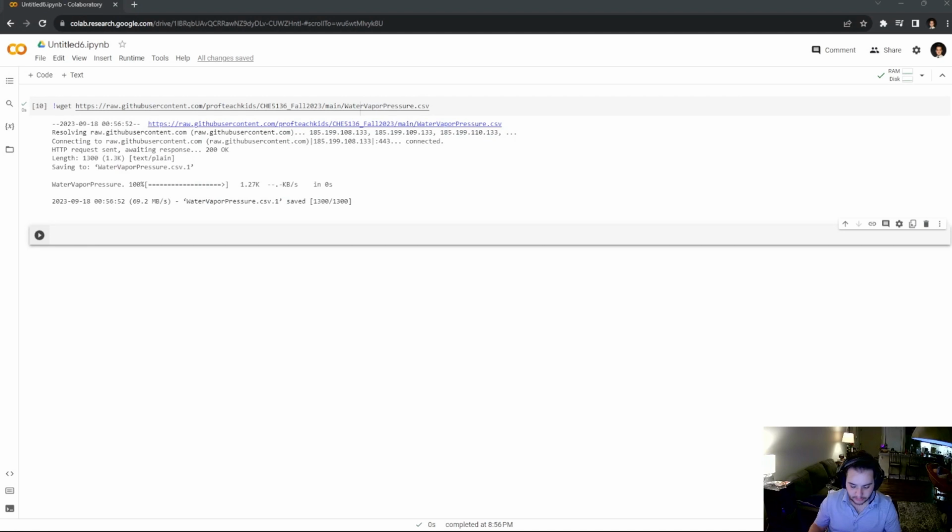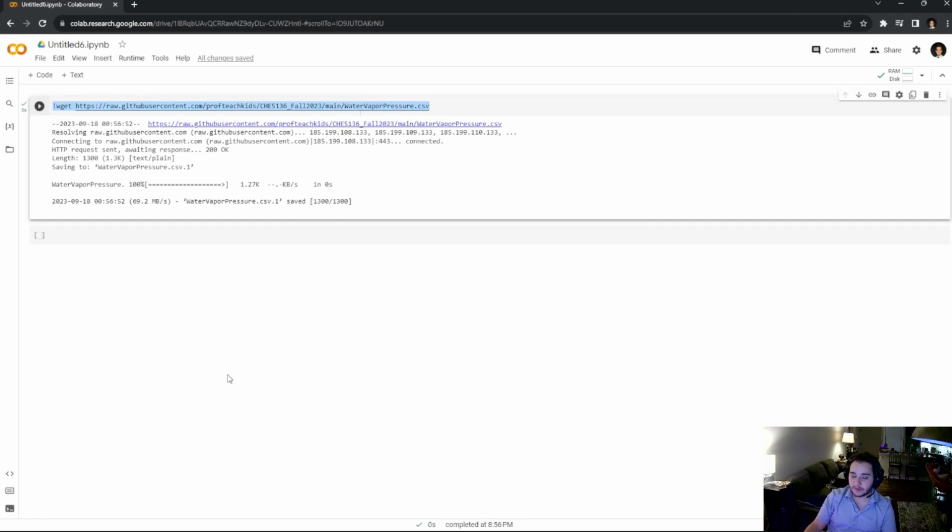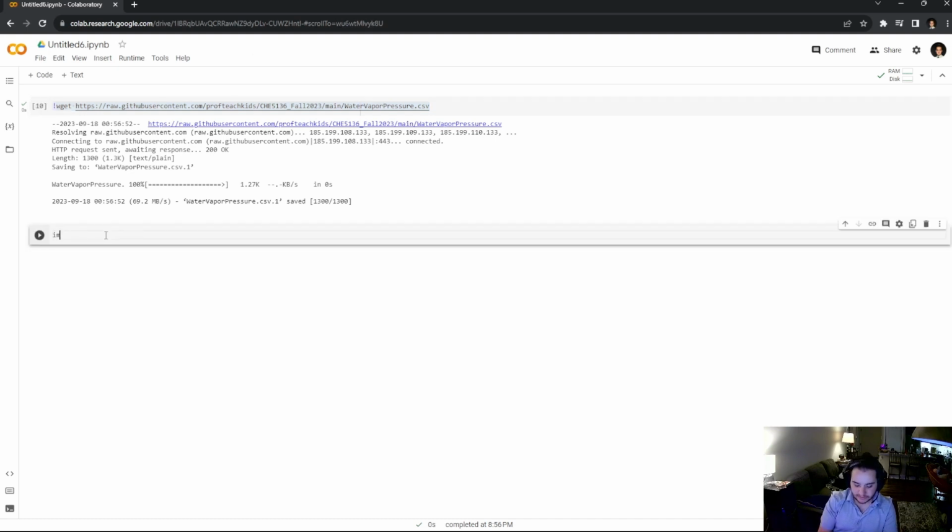All right, so let me put the iPad to the side, and let's get started. So I already went ahead and got the raw data file from Carlos's GitHub. So we have it in there, and it's in this console right now. So the first thing we need to do is import